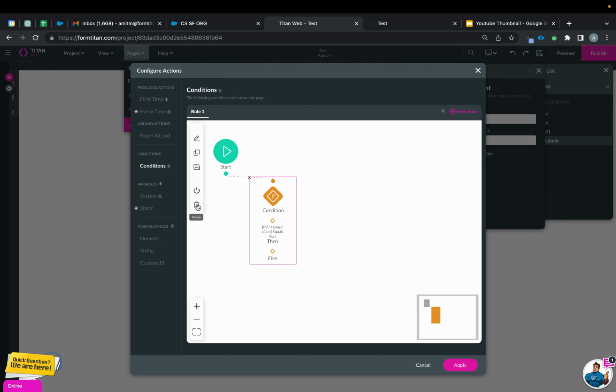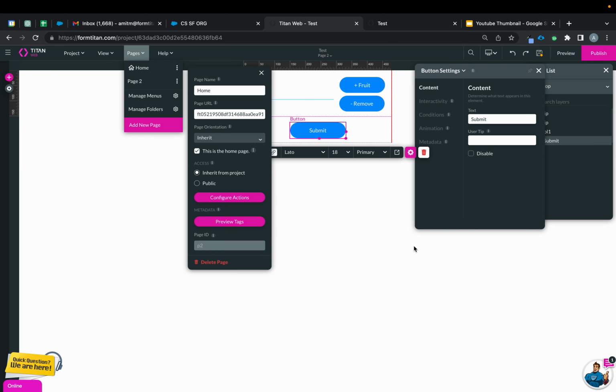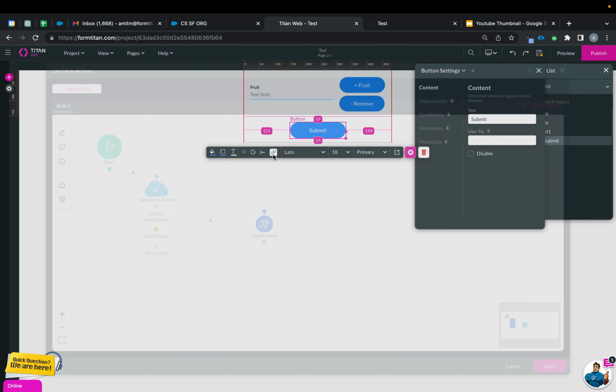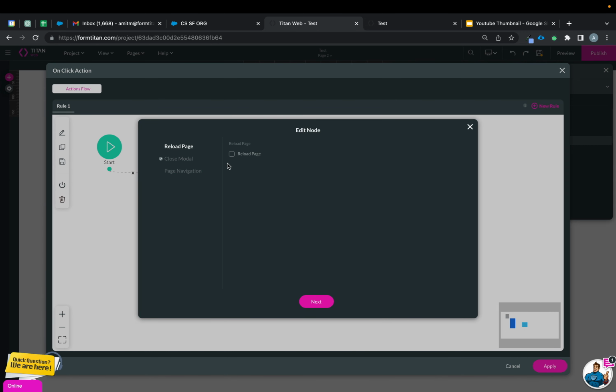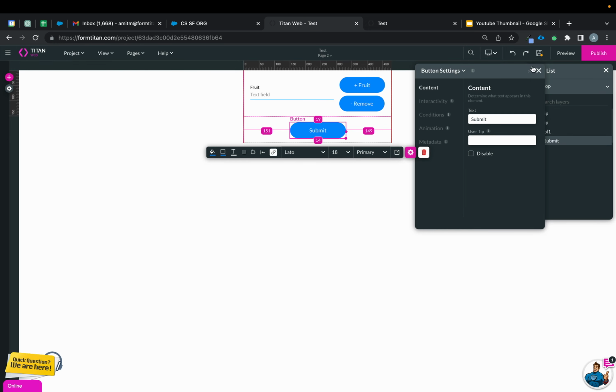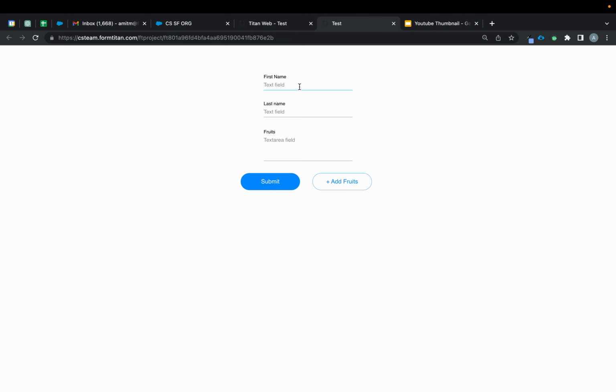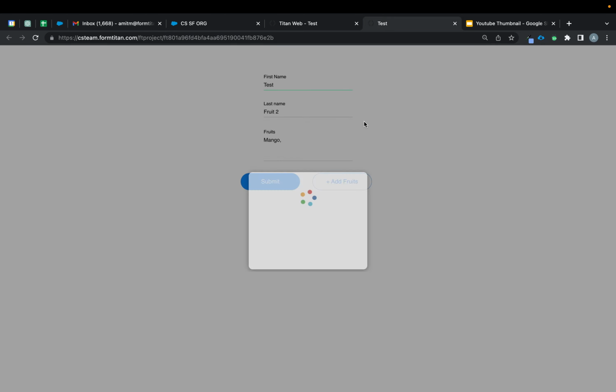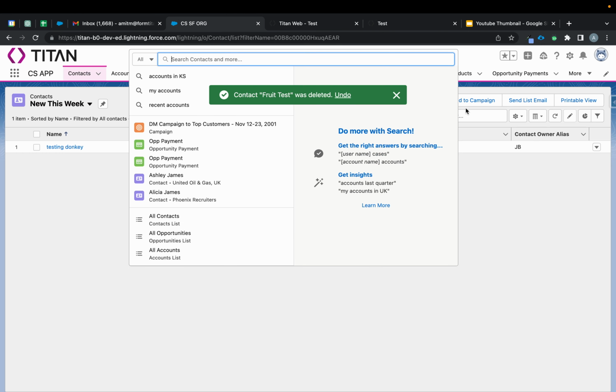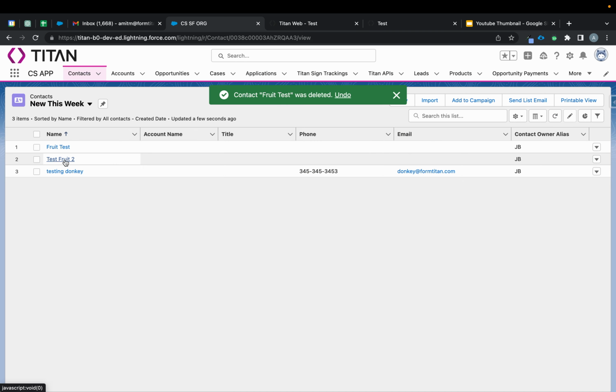Actually, I've done it the wrong way, so I'm going to close this so you can ignore this part. So we'll go in here. In fact, in this one, we'll just say close modal, ignore set parent for now. So let's say I click save, and I do publish, launch site, and I will do test fruit 2. I will do mango in here, and then I will do submit. So if I go into Salesforce now, let's do this week, test fruit 2,